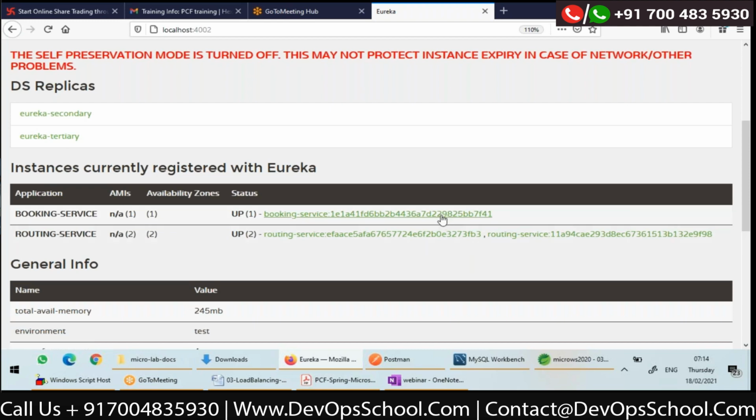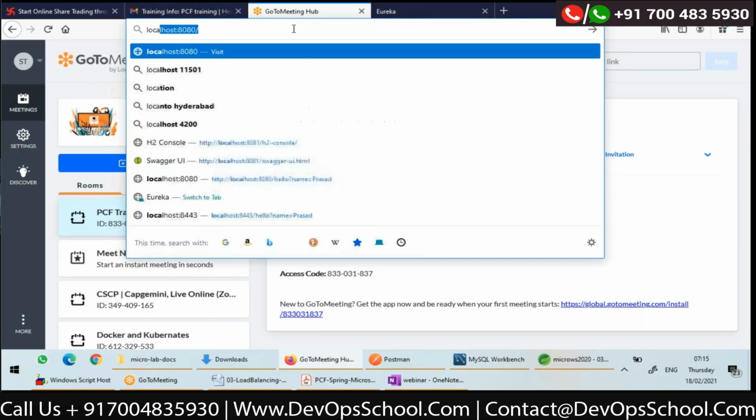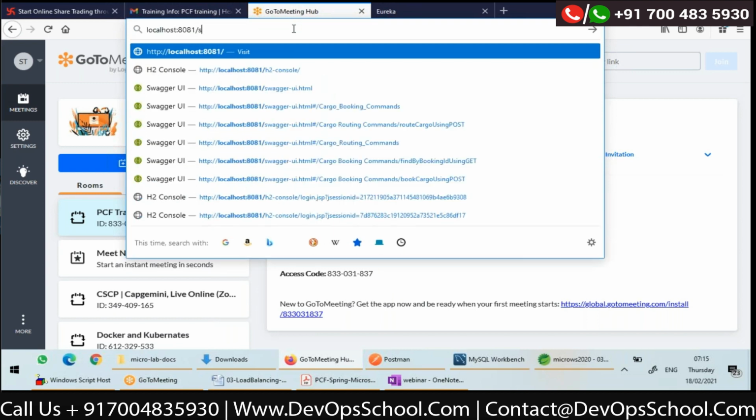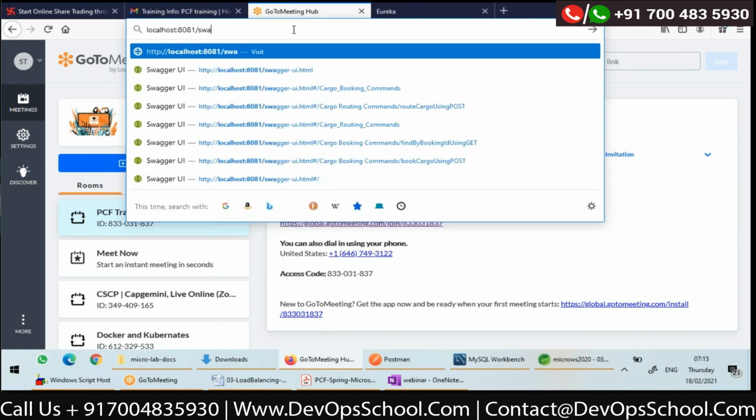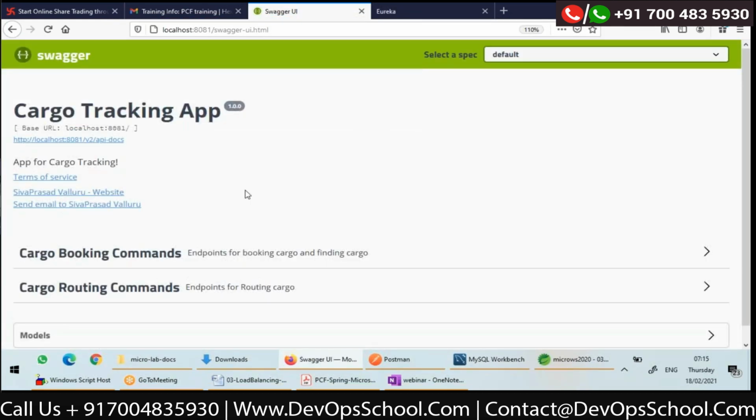So let me hit booking service. First of all, I need to get Swagger UI. Localhost 8081 / swagger UI.html. First, I need to create a booking, right?